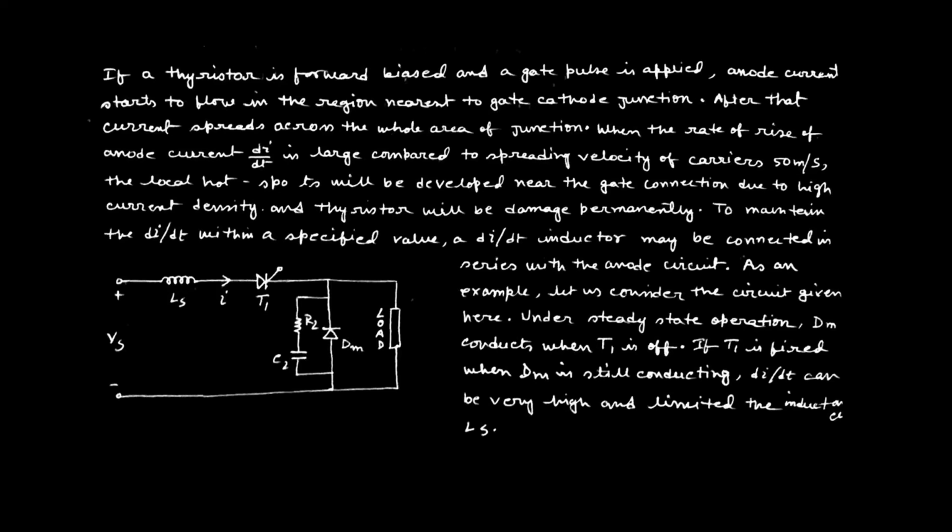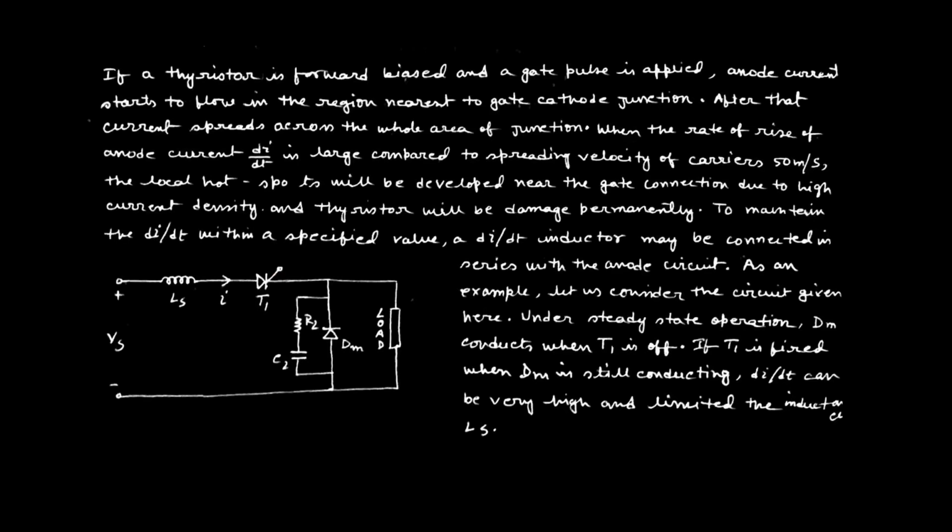We know the normal property of a reactor: as per Faraday's law of electromagnetic induction, when current starts flowing through any inductor, it produces a back EMF. And as per Lenz's law, this back EMF opposes the original supply current. That is why, if we add a reactor Ls in series with this switch, it can easily oppose the supply current with high di/dt, due to which we can protect the thyristor from high di/dt stress.